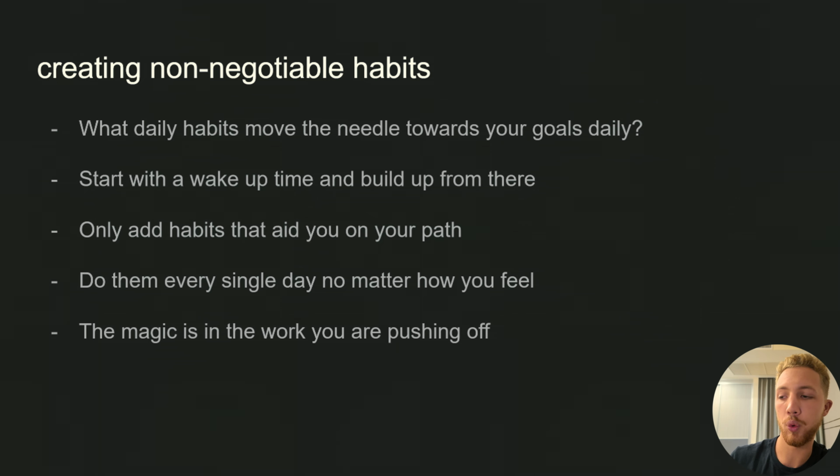Because whenever you're putting off the work, whenever you feel tired, lazy, and you just push off the habits, that's when you don't acquire the magic that it takes in order to create your dream life. Because the magic is found in the work that you're putting off and that you're too lazy to do. So just make sure you incorporate some non-negotiable habits in your life, so that way you guarantee to at least get 1% better and 1% closer to the life that you want to create for yourself.